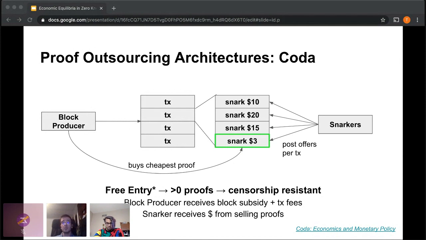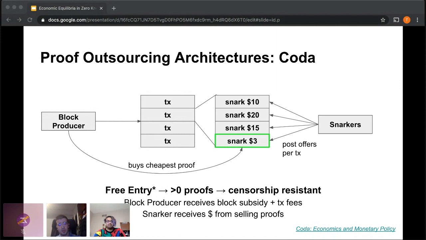And just to be clear here, Coda's economic model asserts that the block producers and the provers will be separated but will have coupled incentives. But we cannot really be sure that this will be the case. In a permissionless world, it is likely that maybe some block producers will also be provers. And so we need to evaluate fairness and competitiveness under these assumptions.